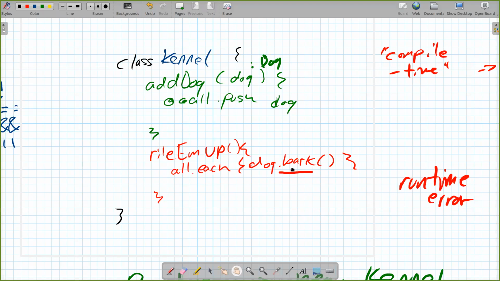And then one more thing. With TypeScript in particular, but types in general, another cool benefit to a static typing system is if I know that this is a dog, my text editor can hint to me, by the way, these are the things you're allowed to do with the dog. You got a bark method, you got a growl method, it has a name property. Your text editor can tell you that stuff because it knows what this is. In a dynamically typed language, dog could be anything. It has no idea what things you can call on it, what properties it has. And so you end up being way more productive in your text editor, because it can help you figure out how this works.